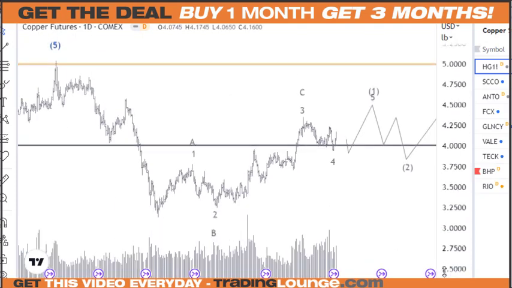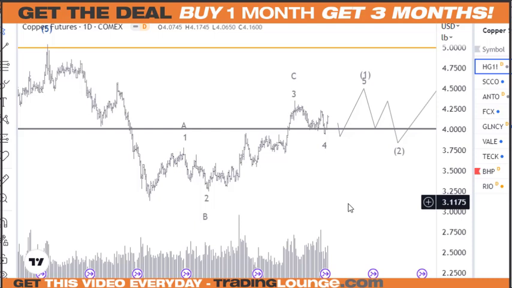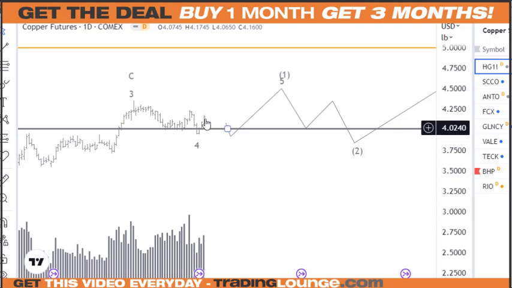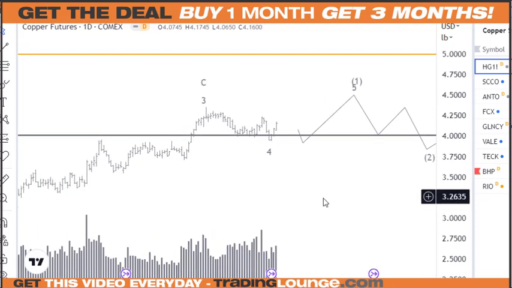So with copper here, we've been looking at this from the top here as a fourth wave, and we've gone all the way down for the A wave, up for the B wave, and down for the C wave. So it's nice to see that move up on higher volume here yesterday, but the last 2 or 3 days have been really about